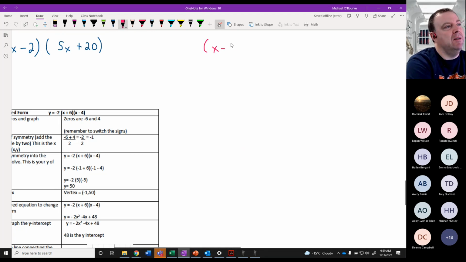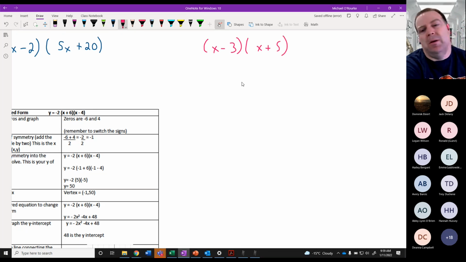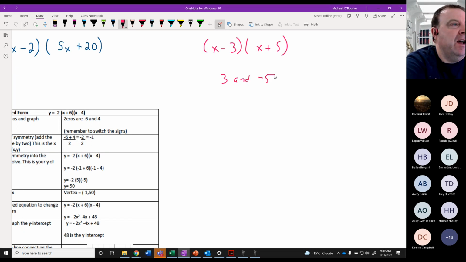Before, when you see this, you would just look at it and know the zeros were 3 and -5. Land of opposites, switch the signs. Okay, but that worked because we have a 1 in front of here. What's actually happening mathematically is you're going x plus 5 equals 0,